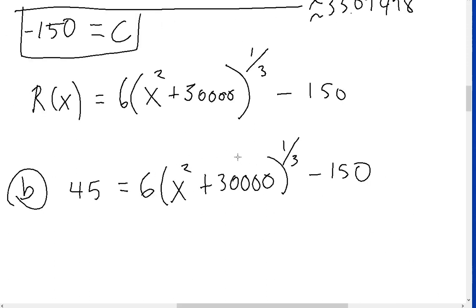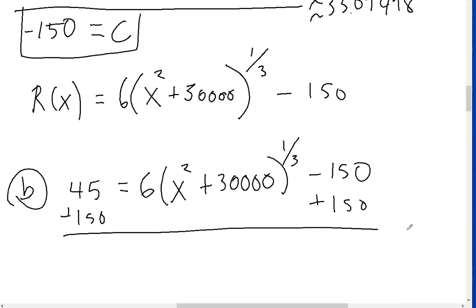And I need to get into the inside of this so we can figure out what X is. So let's first get rid of the minus 150. So let's add 150. That gives me 195